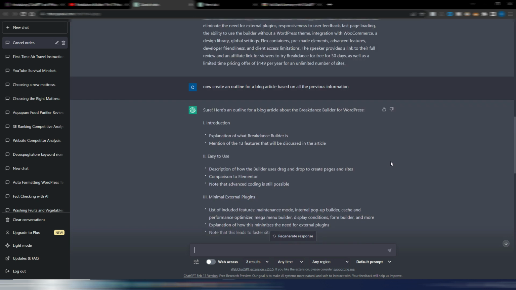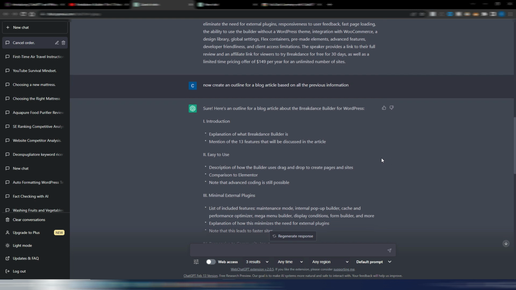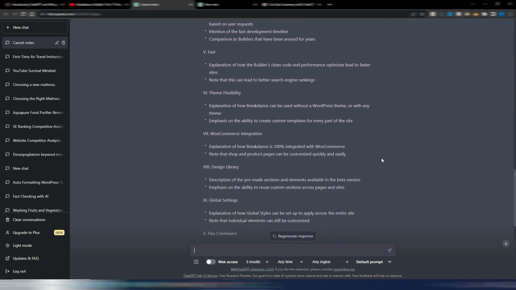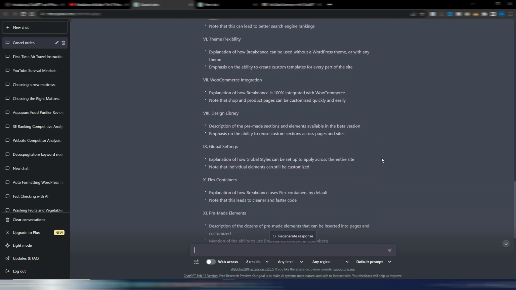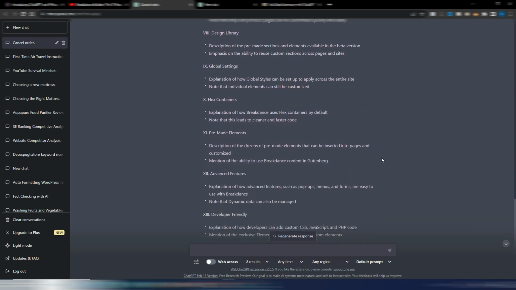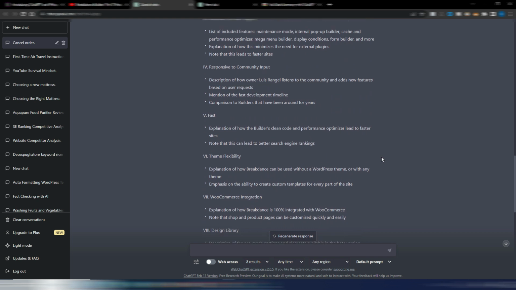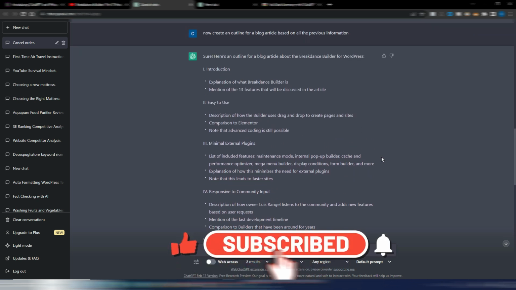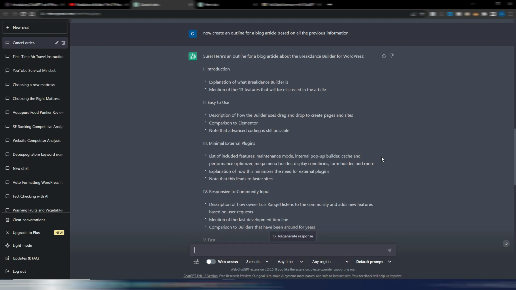In this case, it worked pretty well because I'm reading this and I'm seeing that it respects my video script quite well. So now I can use this article outline to generate an entire blog article. And if you want, you can do it externally from ChatGPT. Maybe you prefer to use other tools, Jasper or Phrase, if you want to write an SEO optimized blog article,